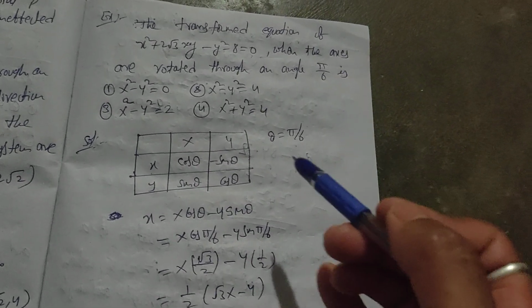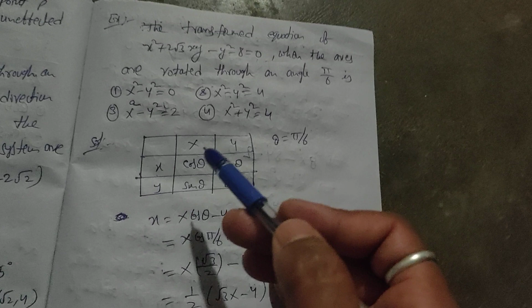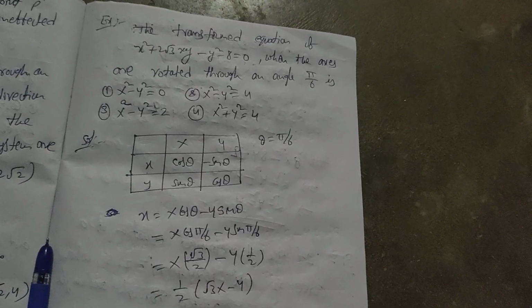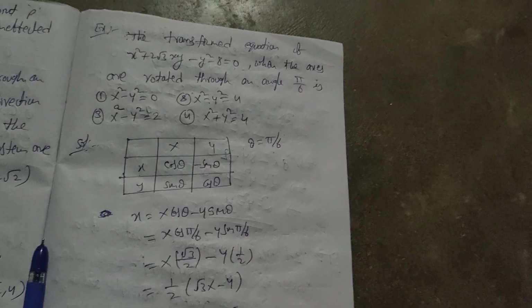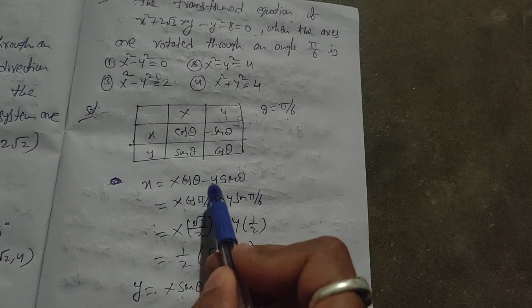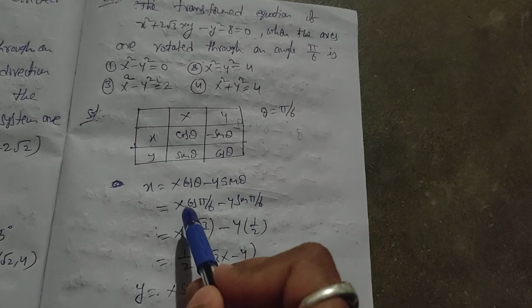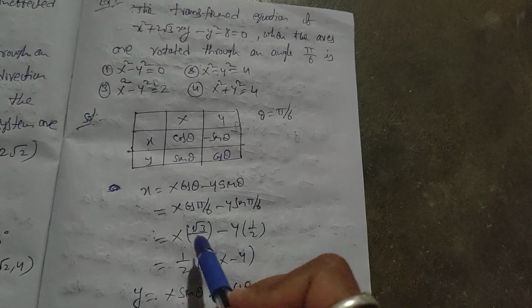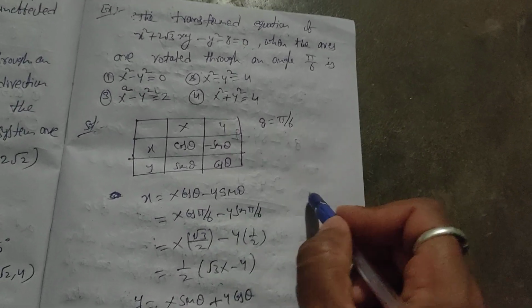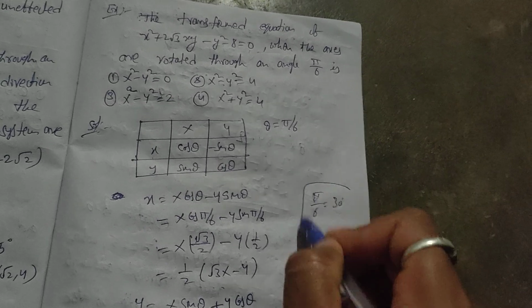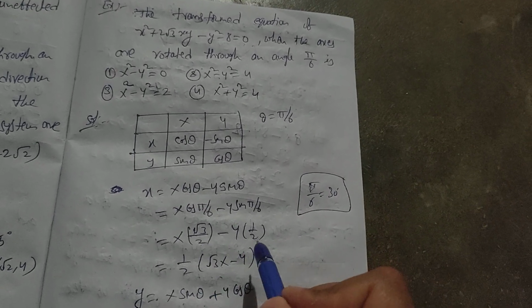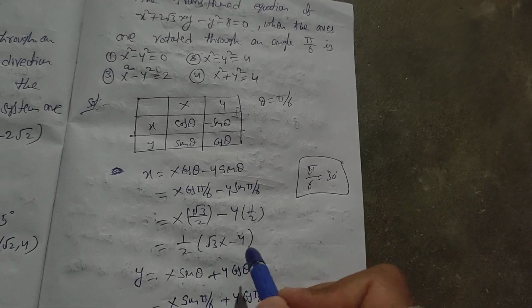So the given angle is theta equal to 5 by 6. Don't expect capital X, Y coordinates here. We have to substitute in terms of capital X, Y only, then you get one more equation in terms of capital X, Y. So small x is equal to what? X cos theta minus y sin theta. So here, x cos 5 by 6 minus y sin 5 by 6. Cos 5 by 6 means 30 degrees, remember. Cos 30 means root 3 by 2, sin 30 means 1 by 2. So if you take 1 by 2 common, root 3x minus y.